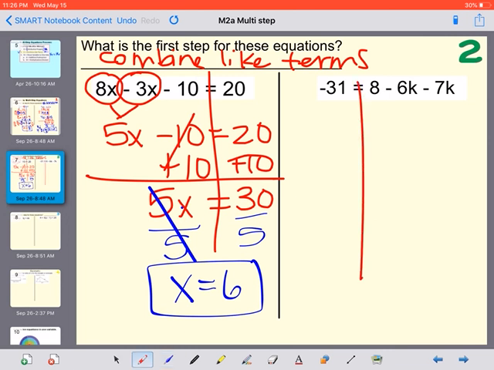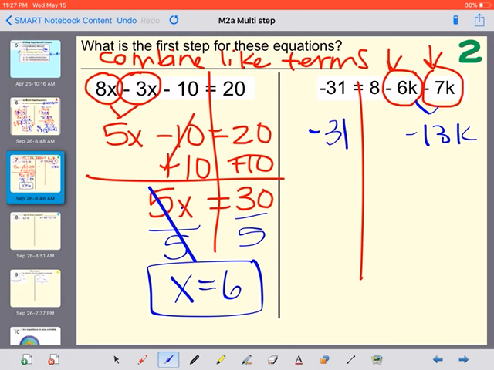Second one like this, we also have like terms, they're just on the right side. Be careful to include the symbol with it. The negative goes with whatever number comes after. Like this negative goes with the 6, not the 8. So if we combine those together, same sign, add and keep, it's a negative 13k. And if we copy the rest,